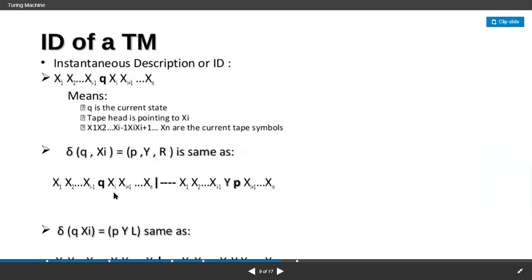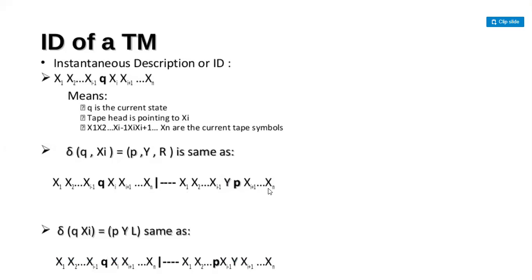After reading this, I'm getting this output, right? So how am I moving? The y is an input. I am moving this y to the right side of this state, and the state changes from q to p. So here it was q and now it is p, and whatever remaining input we have after the xi, you directly write down like this. Is it clear?